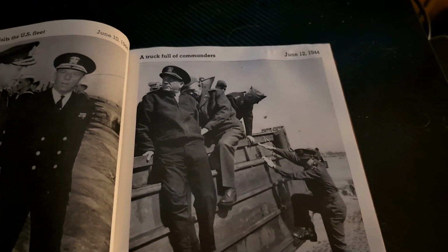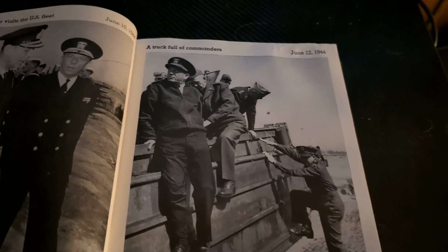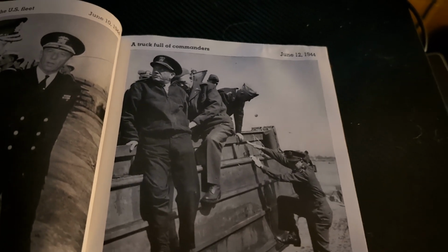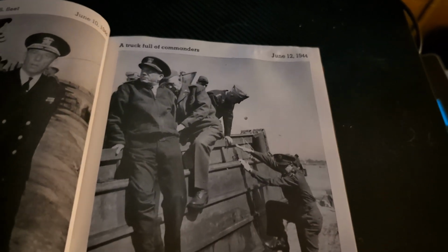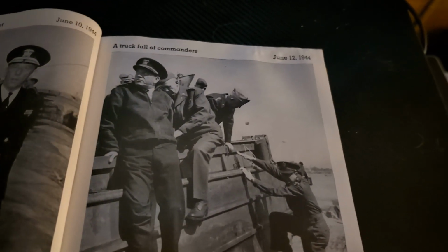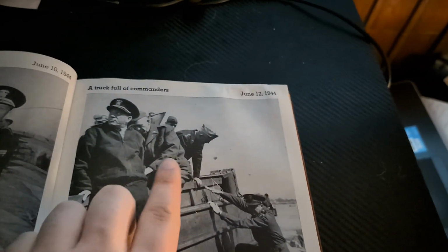Less than 1 week after the initial landings were made, American Army and Navy chiefs paid their first visit to French soil to see the progress of the battles on the beachheads. In this group were, left to right, Rear Admiral Alan G. Kirk, so left to right, right there, Commander of U.S. Task Forces, General George C. Marshall, Chief of Staff, so that guy right there,